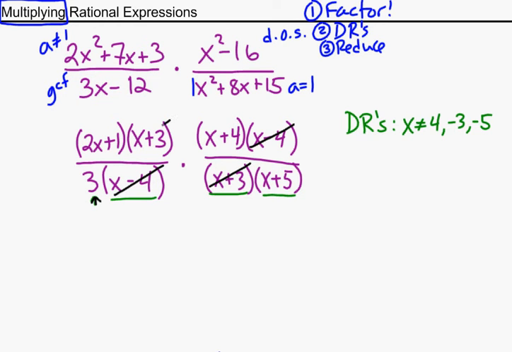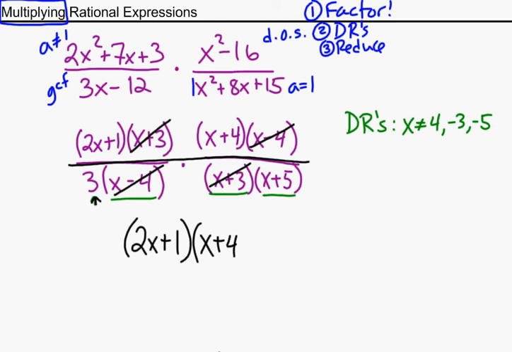The x plus 3s will reduce, because when I consider multiplication, it's like these are all on the same big fraction. So I can reduce in the numerator or denominator of each of the expressions, or any numerator and any denominator whatsoever. So when I drop down all my pieces, I get a 2x plus 1 and an x plus